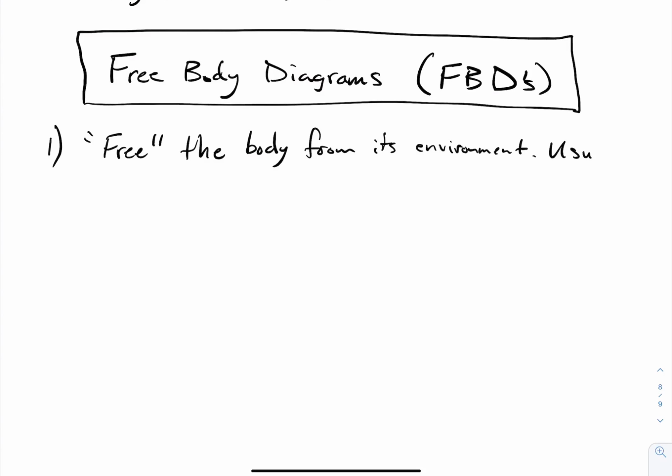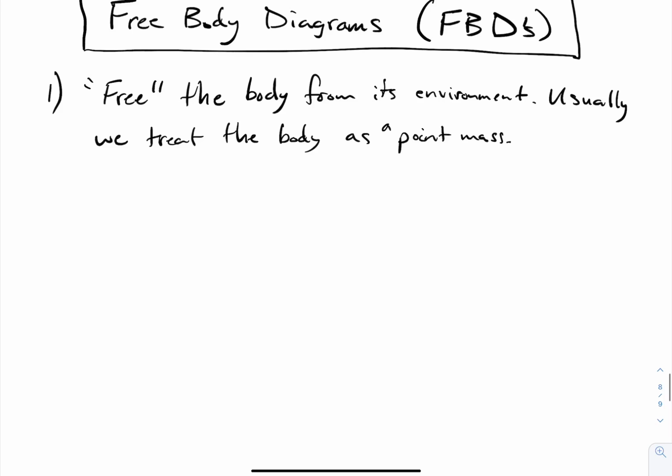I like to note that usually we treat the body as a point mass. So the first step is simply to draw the body. But usually we could just simply draw a dot if you wanted, or some square or something,